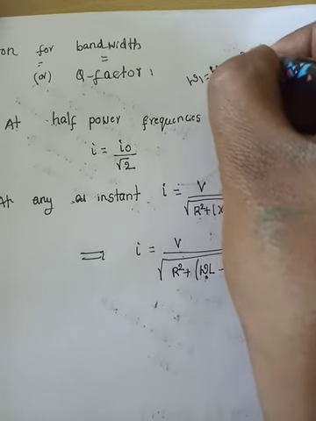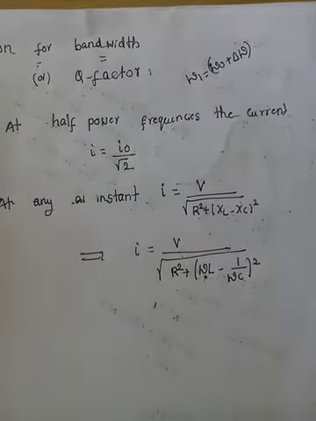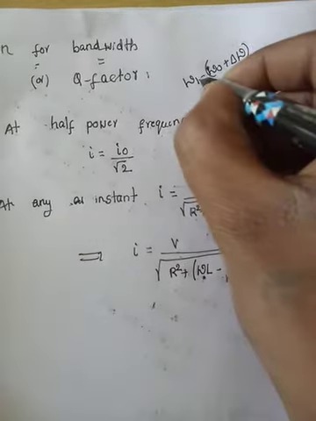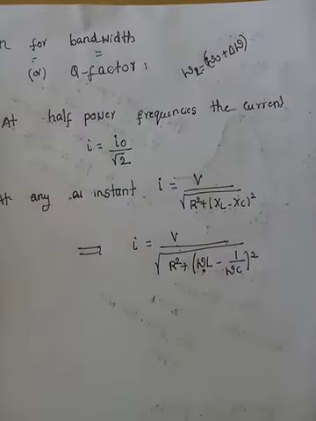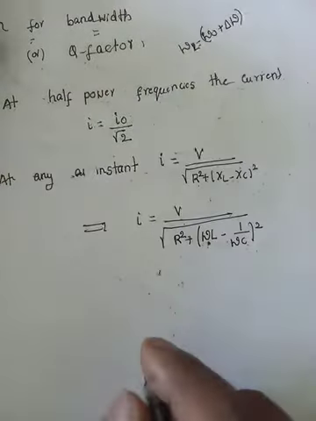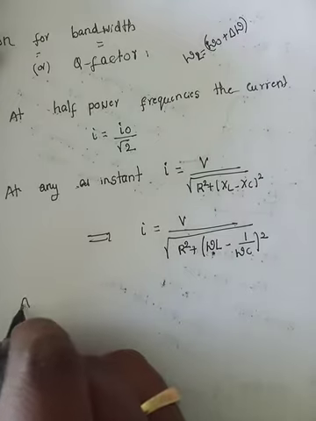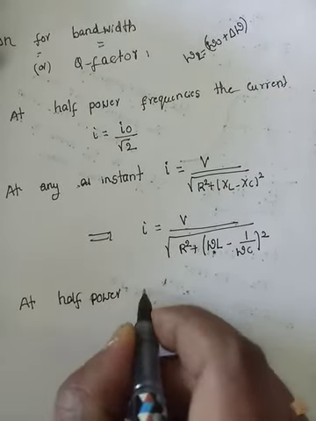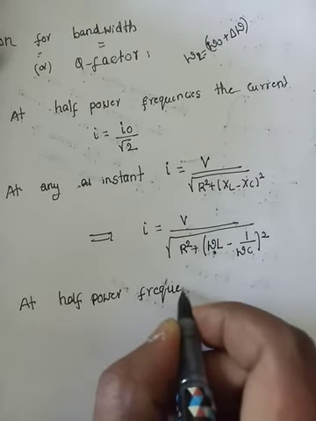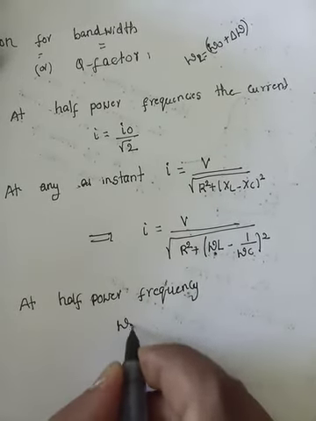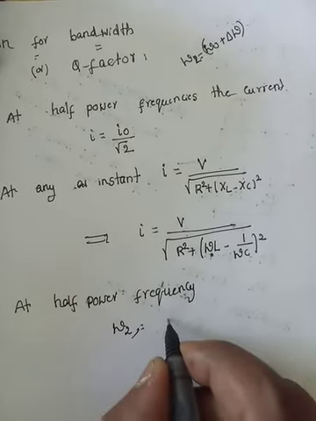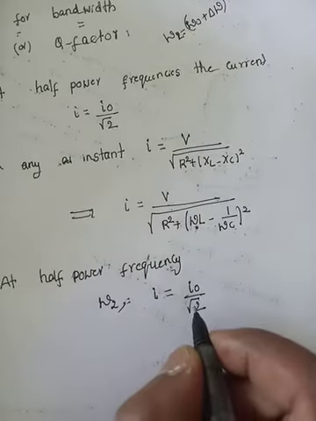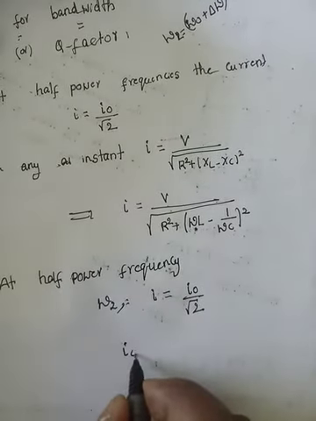Omega naught plus delta omega, or at omega 2, right? Omega 2 we considered, right? Omega 2 is equal to omega naught plus delta omega. Now let us take that at half power frequency, omega 2, what is the current? I is equal to I naught by root 2. Substitute the same here. I naught by root 2